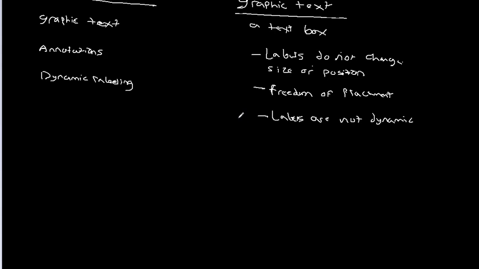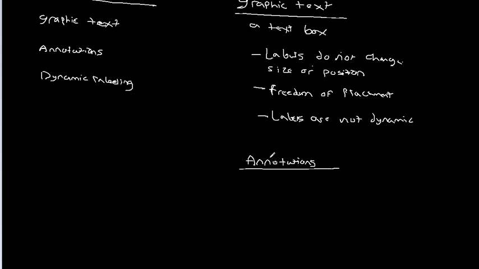The second type of label that we come across often is annotations. Now, annotations have come a long way from their early days. They're actually a lot easier to work with now than they used to be. But they do still have a couple of strong characteristics, both in favor of them and also against them. So basically what an annotation is,